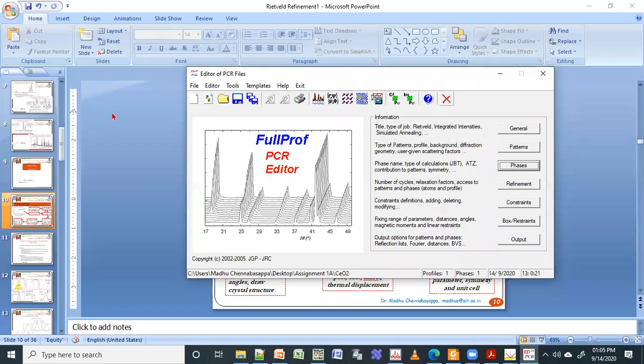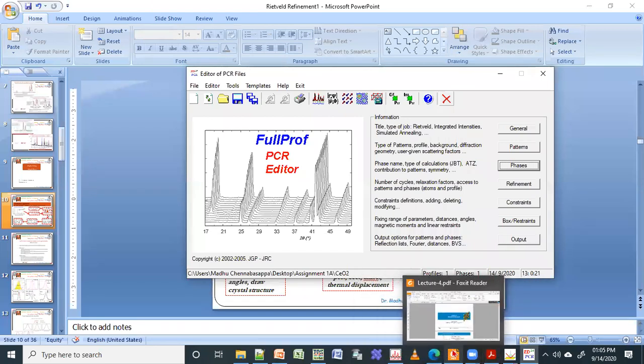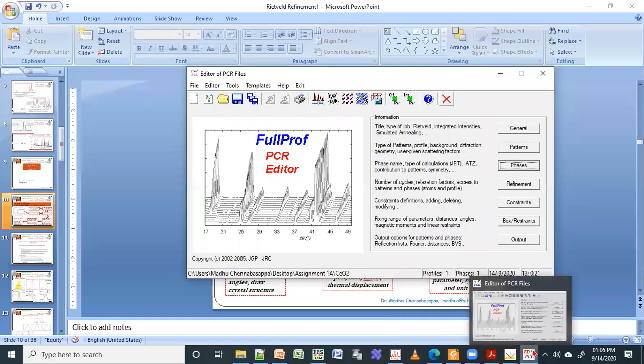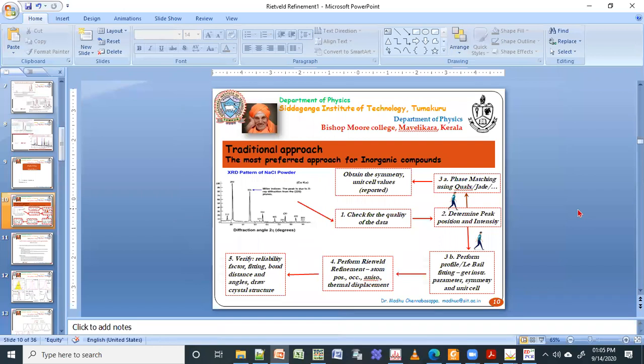Sir, there is a question from Agam Chitkara. How can we reduce the chi-square value in my sample? The chi-square value is about 5. How can we reduce it? Regarding chi-square, I will again give you that theory. What is this chi-square? What is this Rwp? I will explain that again, at least I will try to give you that information.